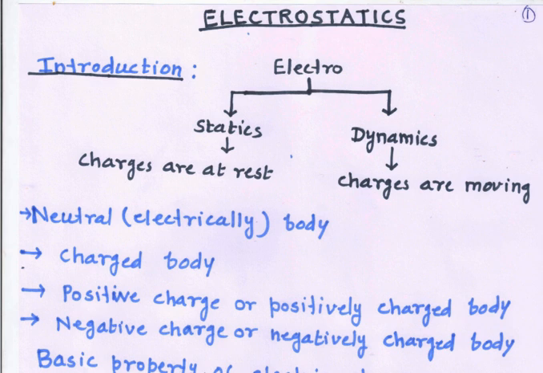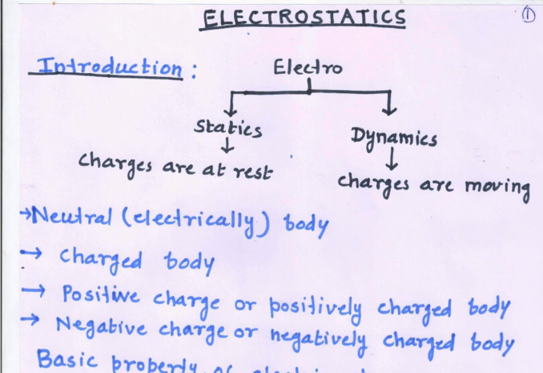And why are the names positive and negative given to the charges? What is the reason behind it? The reason is simple. It's based on simple algebra: plus 3 and minus 3 make neutral. The plus charge of the protons in the nucleus and the minus charge of the electrons moving around the nucleus are balanced; they are equal. When the matter is said to be neutral, the number of protons must be equal to the number of electrons. These numbers are equal and opposite in sign, so they cancel each other, and that's why, according to the nomenclature, we say positive charge and negative charge.